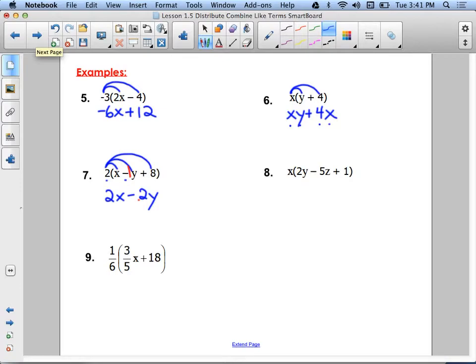And then we multiply 2 times positive 8, and we'll get plus 16. And that's the fully distributed expression. Let's take a look at 8. Again,